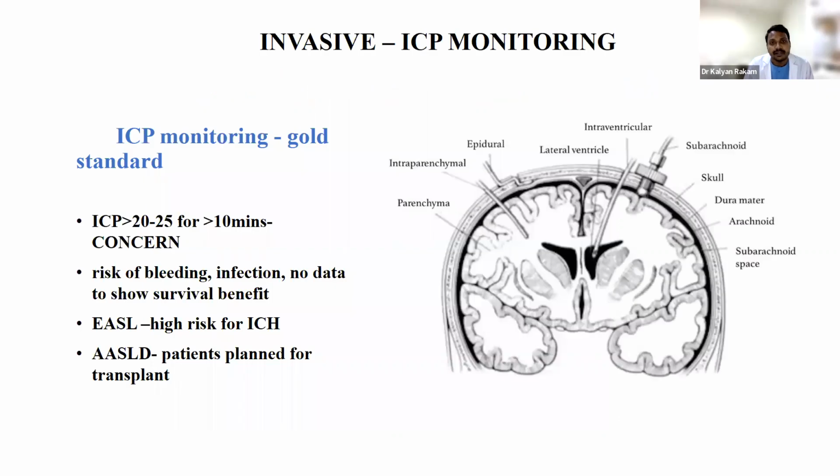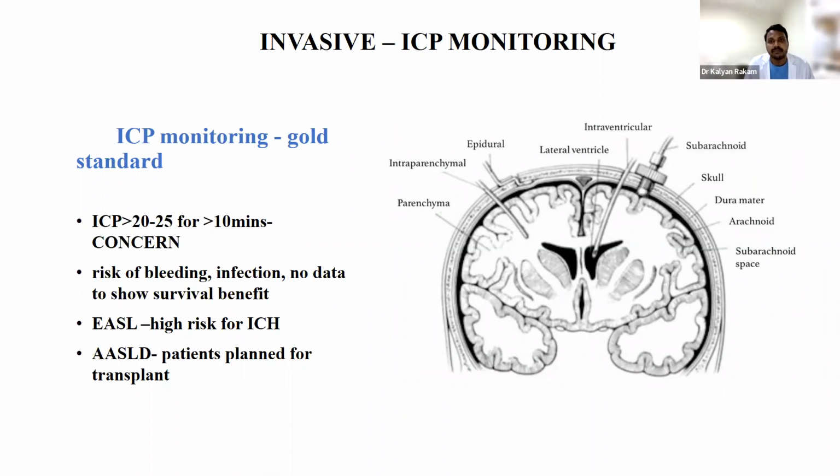And also, if we look at the invasive options, how do we monitor the intracranial pressure? The disadvantages of invasive cerebral pressure monitoring are that they add to the infection risk, because ALF patients are also at risk of infections. Any invasive procedure will increase the risk of infection, and also these patients are coagulopathic, they bleed a lot. So putting lines into their ventricles, they bleed a lot. So the invasive option is not an ideal one, but there are ways we can do ICP monitoring invasively also,